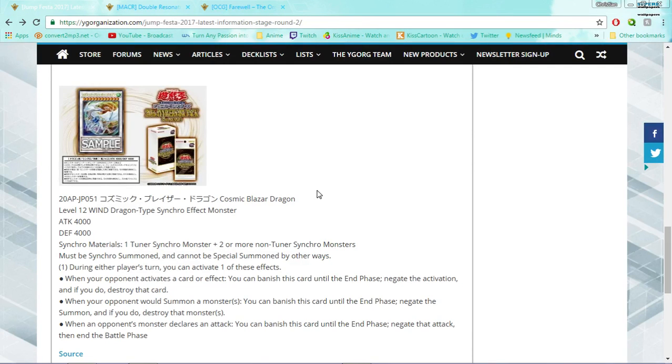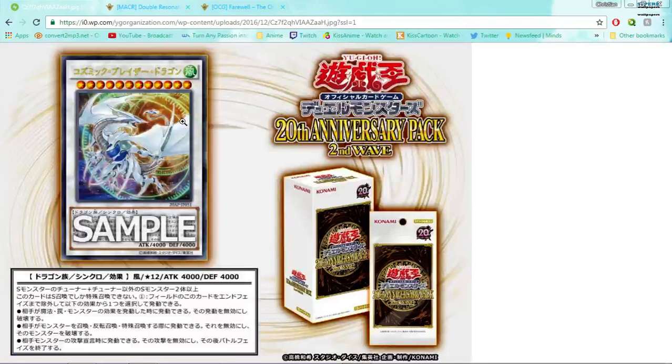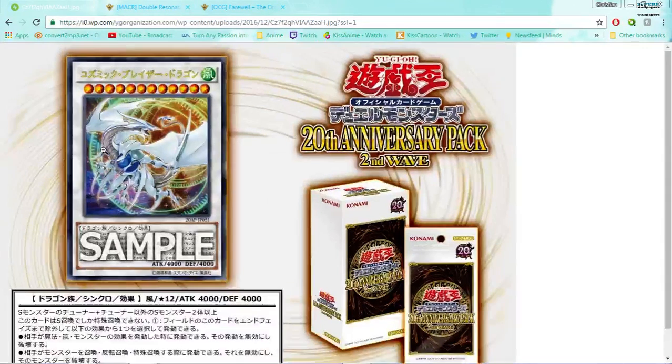And I remember a few years back, the director of Yu-Gi-Oh! said that it would one day be printed, they just didn't know when. And that is good old Cosmic Blazar Dragon. So this is the card that Yusei had in the alternate timeline, where Shooting Quasar Dragon was not made, and